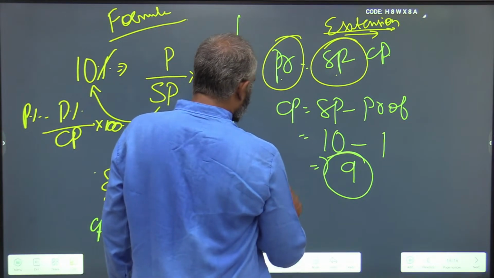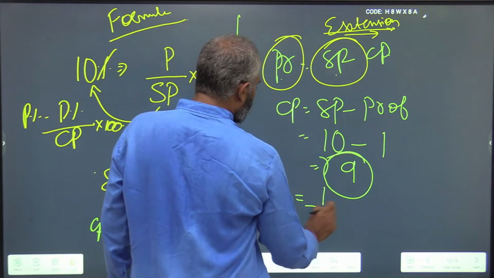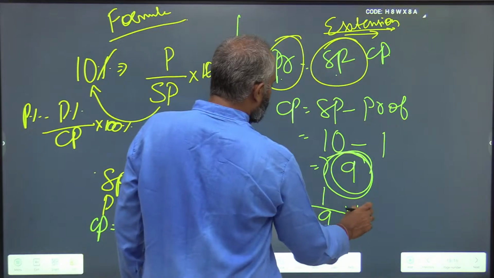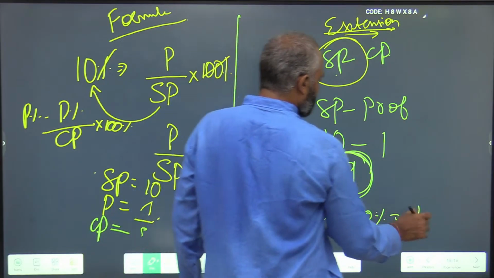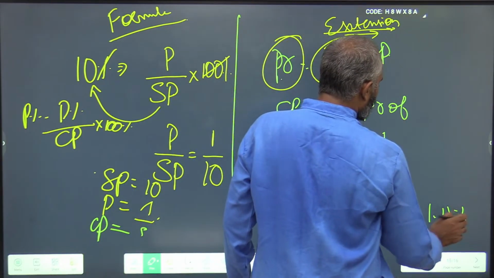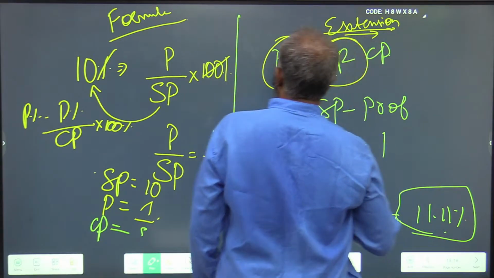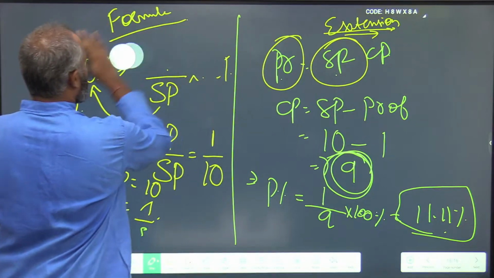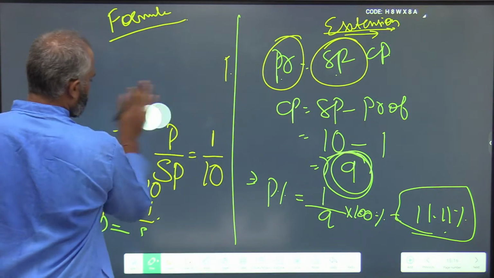So the actual profit percentage is profit by cost price. Cost price is 9, into 100%, which is nothing but 11.11%. So instead of doing all this,